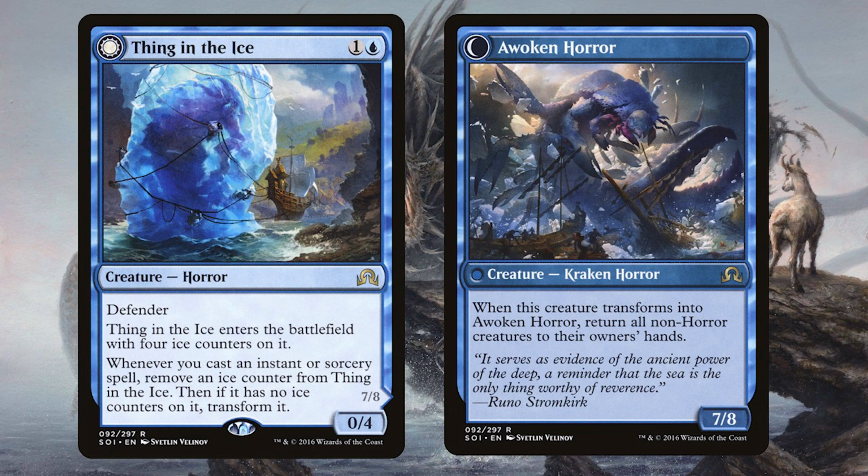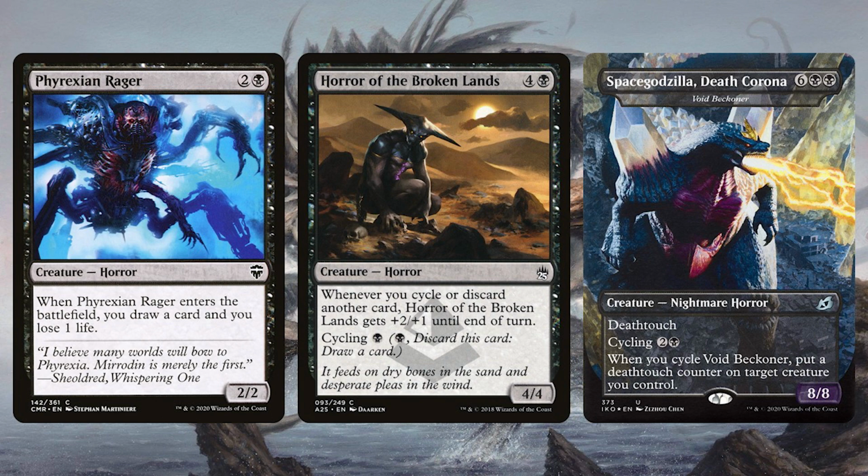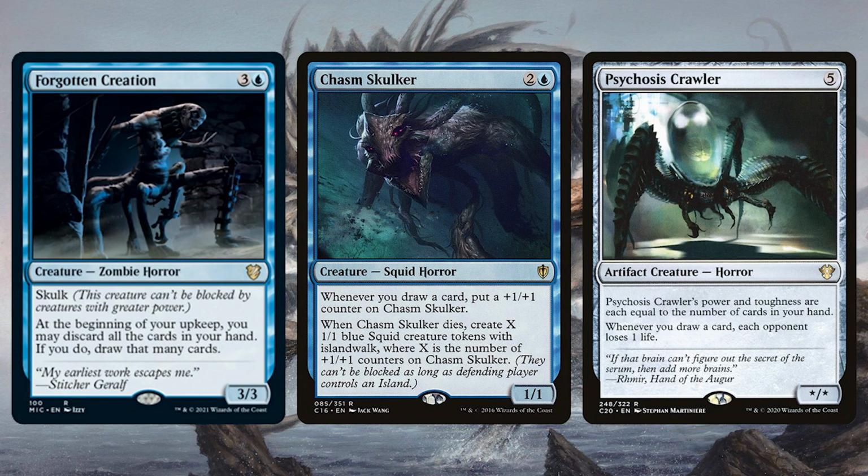I mean, if you have the instants and sorceries to flip this, Thing in the Ice is going to be a house. Of course, that's not the only horror-based removal spell. We've got Ravenous Chupacabra. We've got horror-based card draw with Phyrexian Rager. You can cycle away a Horror of the Broken Lands or a Void Beckoner. Forgotten Creation will let you wheel every turn, and you can weaponize that with Chasm Skulker and Psychosis Crawler, all